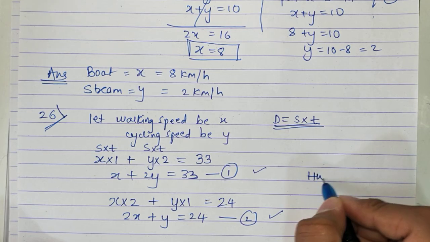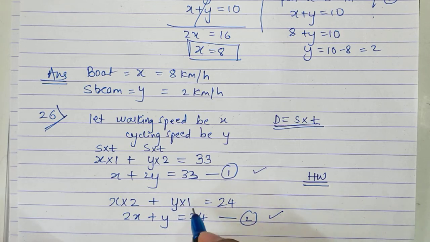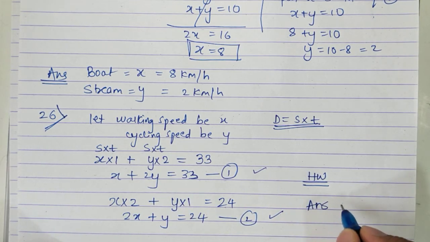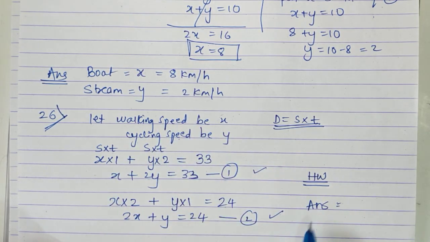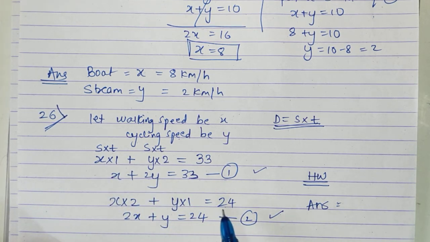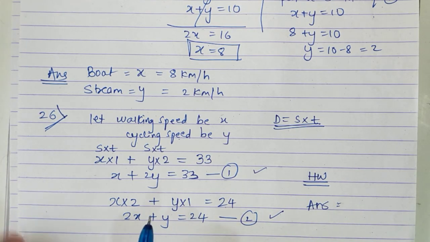So for homework, once you complete the video, finish this sum, find the value of x and y and write the final answer in this form, that the walking speed is so and so and the cycling speed is so. Write the statement, form the final answer. Okay, solve this very simple equation. You can eliminate x also, you can eliminate y also, very simply. Okay, do it. In the next video I'll solve 2 more sums from speed and then we'll start with problems based on numbers. Okay, geometry is also not very important, only 2 sums from geometry are important, so only those will do. Okay, the other sums never come in exam, so do not worry about them.